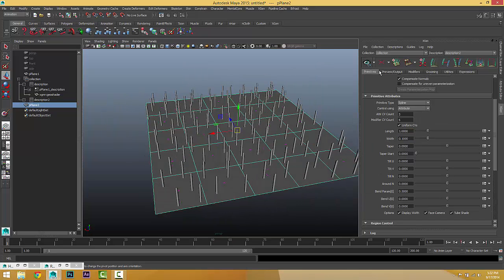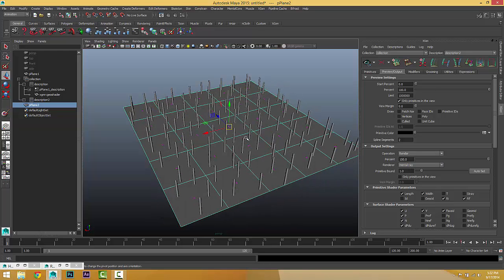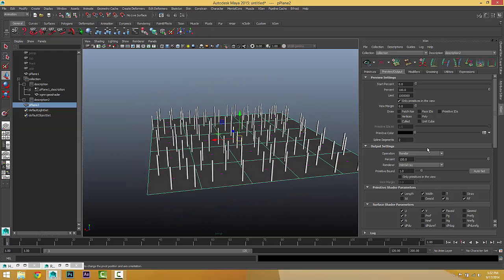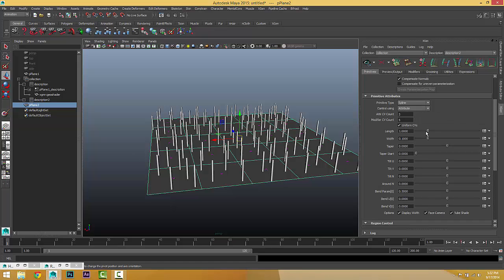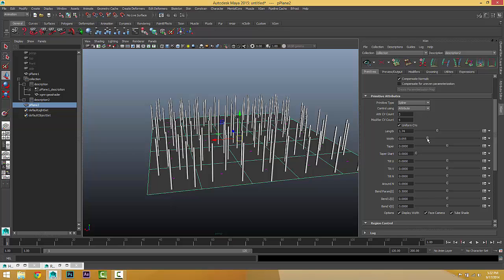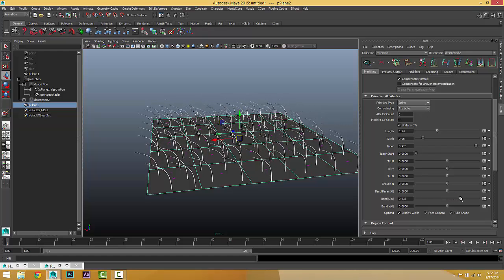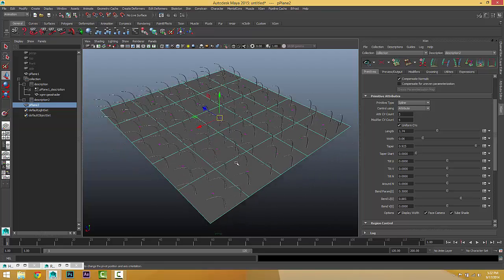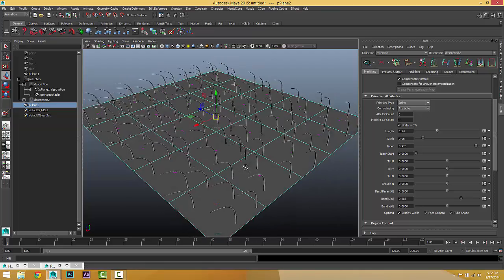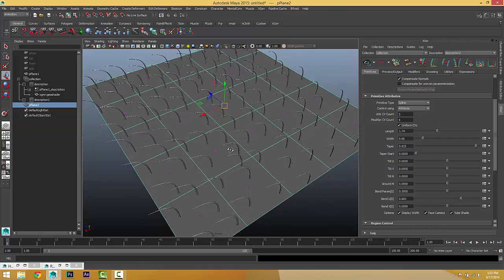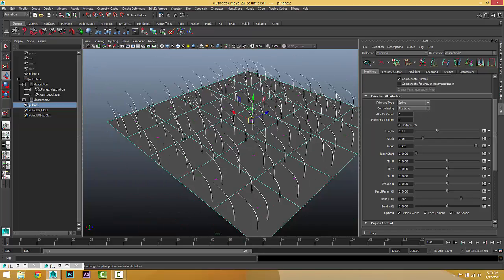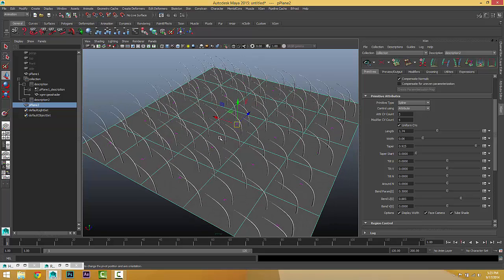And okay, if you just go to preview and before doing anything, let's just go to primitives, just increase the length, decrease the width, and add some taper and some bending. There we go. It's amazing. Now we created some primitives like that. If I want to save that in a file, just the primitive, and to be used in another file,